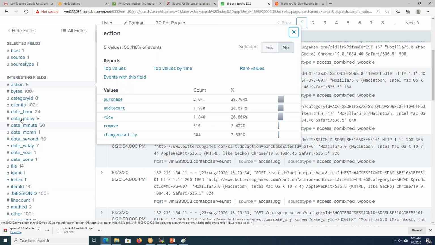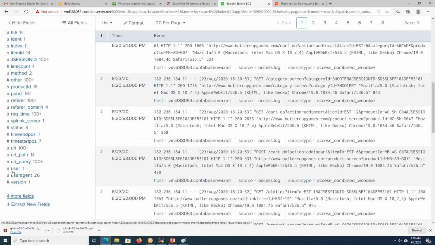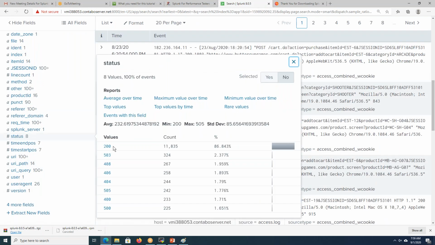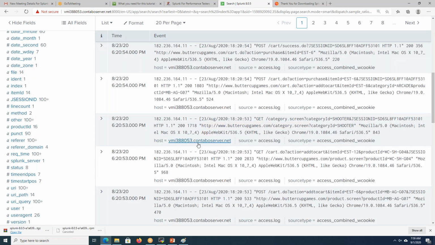There is also status. If you see this status, there is 200, whose count is about 11,000, and 503, whose count is 324, something like that. Here, where is my error code?